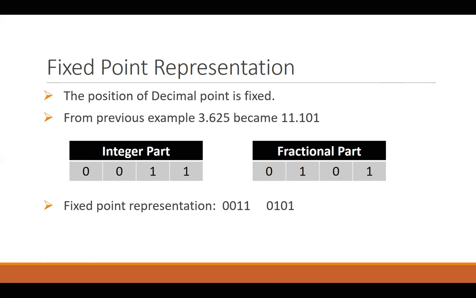Now this is a very simple method. All the conversion that you have done in your O levels, a little bit in your AS, you have been using the fixed point conversion method all along. Again, it is a simple method, but it actually limits us. We cannot actually represent a lot more values in this.